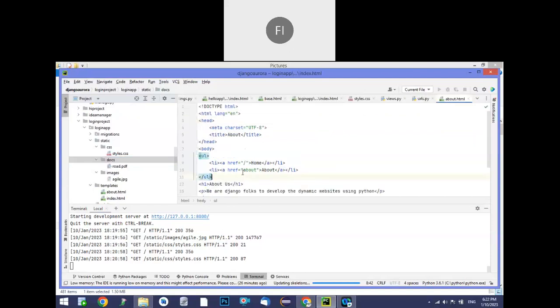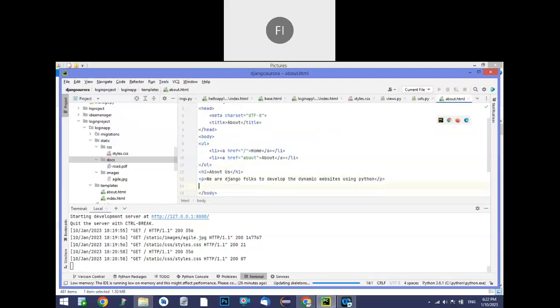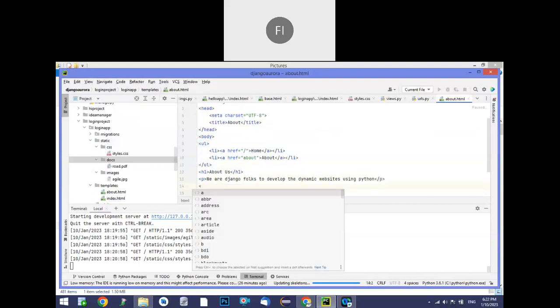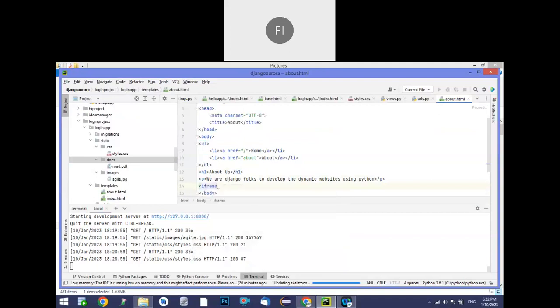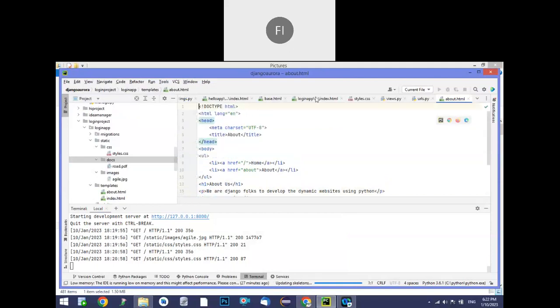Now this is the document I want to show you in this particular HTML, or otherwise I can go with the about page, because we have an about page, right? So there I just want to display this document. To display a document in HTML, generally we use an iframe. Okay, so iframe src. Similarly, the attribute is the same, only we have to pass the URL again. So curly bracket